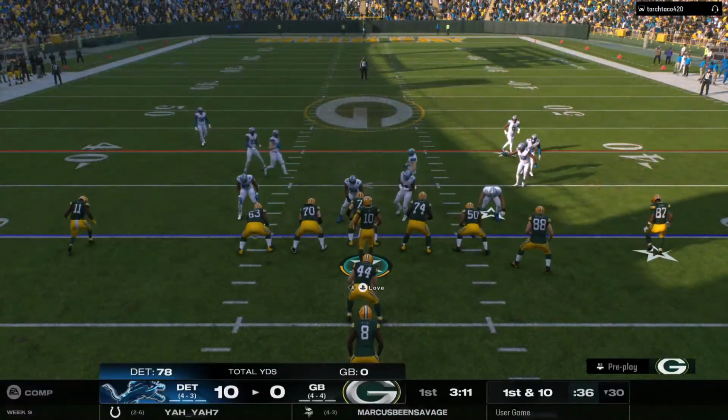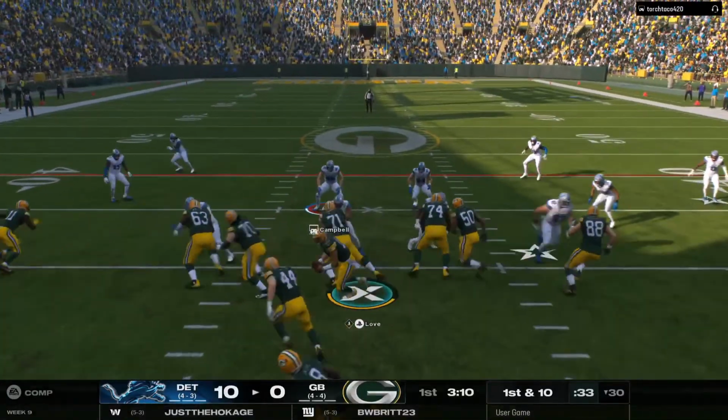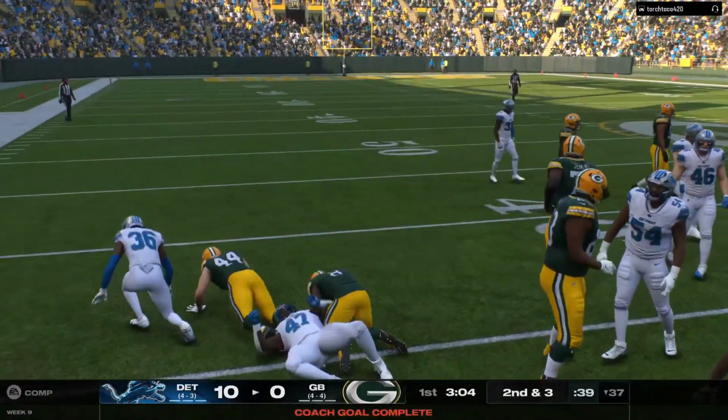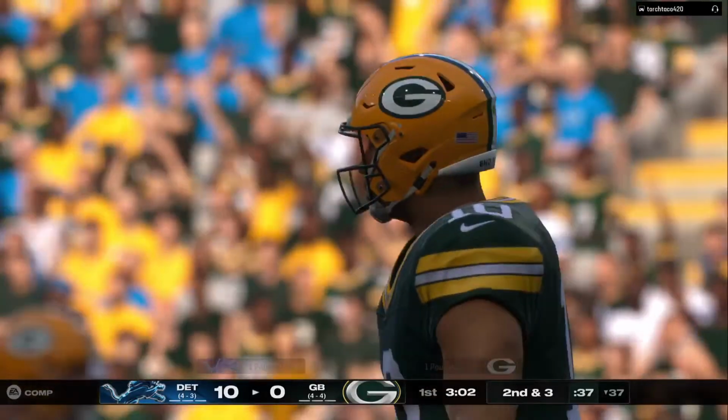Love and the Packers now with a 1st and 10 right at the 30. First carry for Josh Jacobs. And he's got a good gain of 7 up to the 37. Now this defense for the...